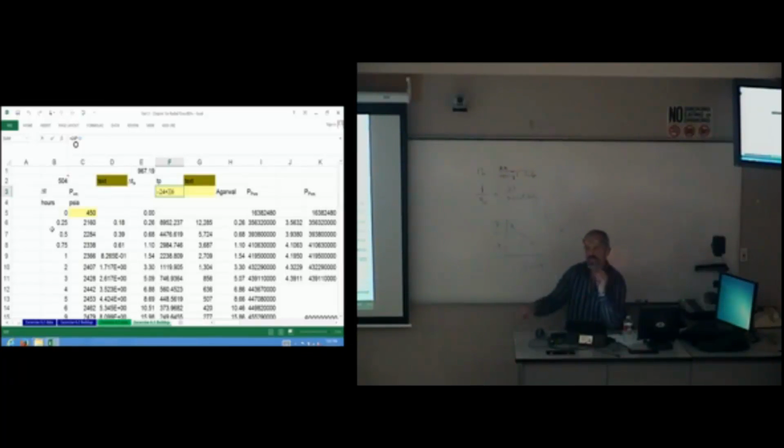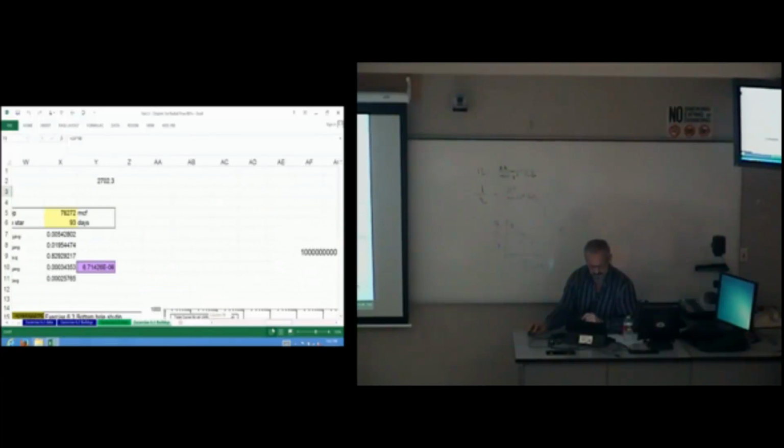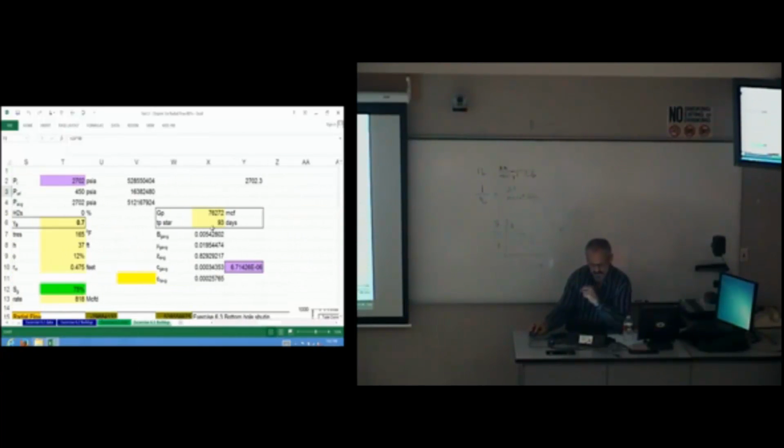Why did you have 93 days instead of 91 days? Did I do it wrong? 91 days are given in the example. I got 93 days. I got cumulative production of 76272 divided by 818. That's the equation I give in